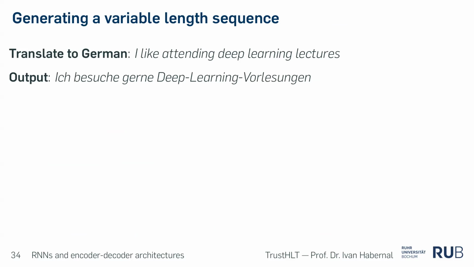So here's the question. Is the translation correct? Ik bezoek again deep learning Vorlesungen. Is there a better translation? Sounds legit? Good. How many tokens do we have here? 1, 2, 3, 4, 5, 6. 1, 2, 3, 4. If we take this as one token, we have one token here. So we have different sizes. This is not just a bad example, but anyway, you get the gist. Translation is like generating text, which is not the same length.